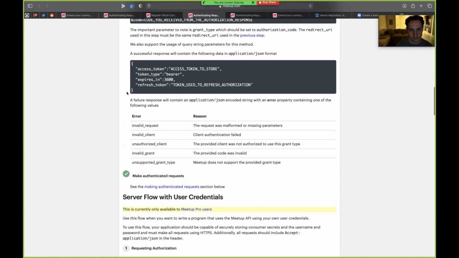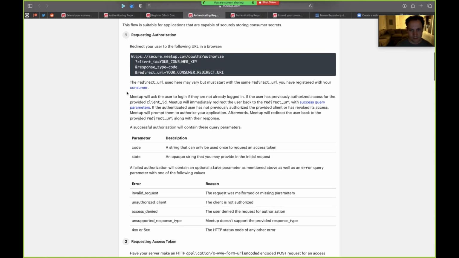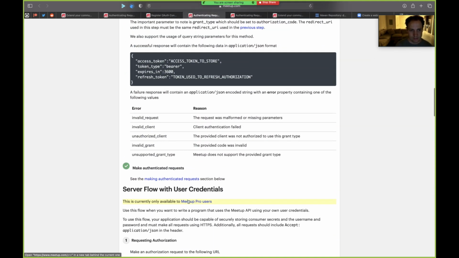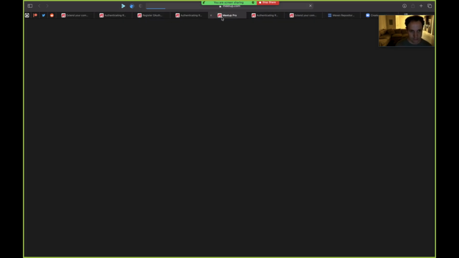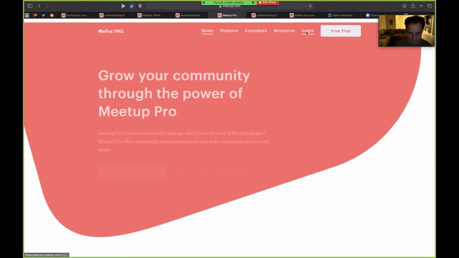What's up? I'm just trying to see the best way to do this. Requesting authorization, redirect your user. No, I don't want to do that. I just want a token. I think this might only be available to Meetup Pro users, which maybe we are. I'm not sure. Yeah, maybe we should run into it.